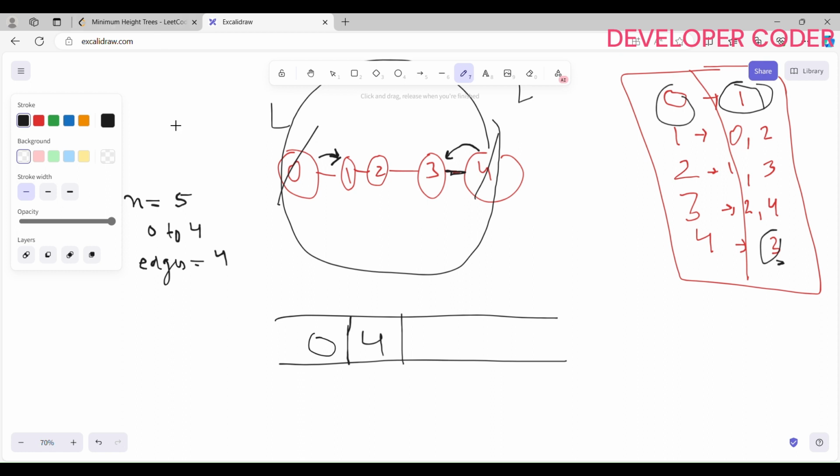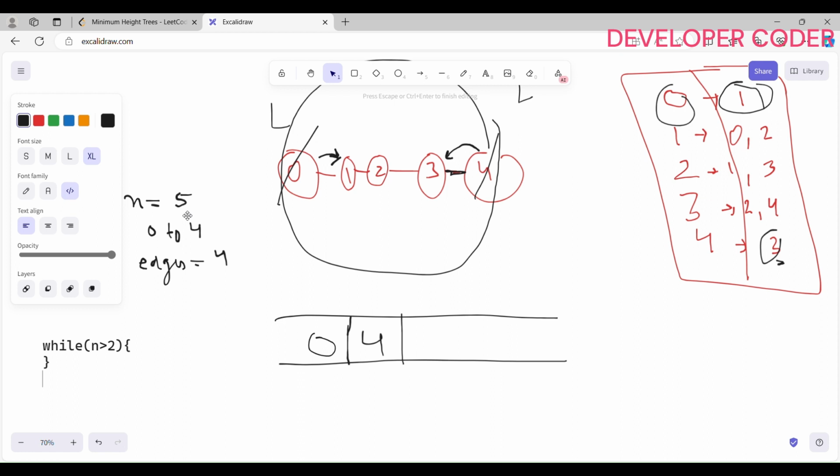In the while loop, I have to check the condition: while my n is greater than 2. This is what I need to check in my while loop. Right now my n value is 5, so 5 is greater than 2. Yes, this is true, so after that I have to